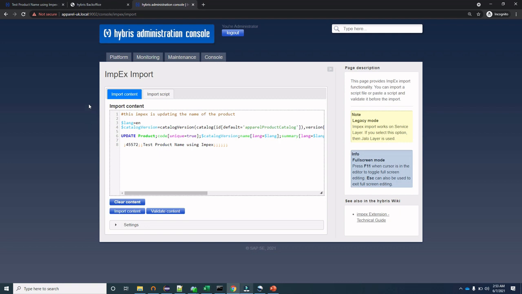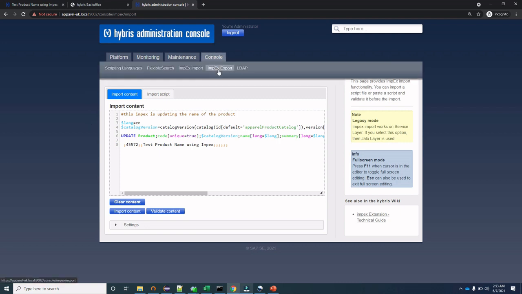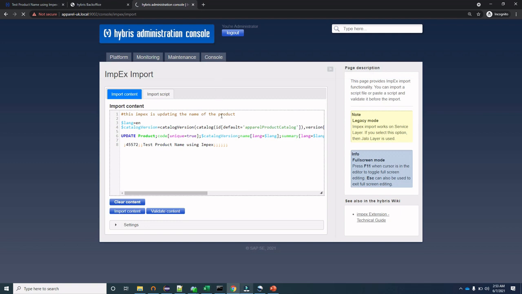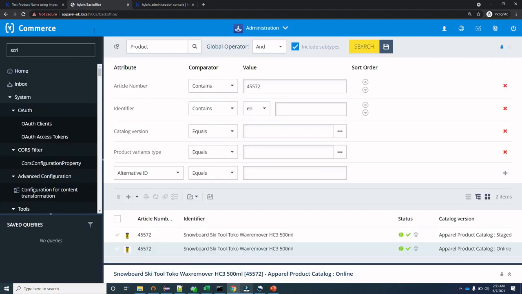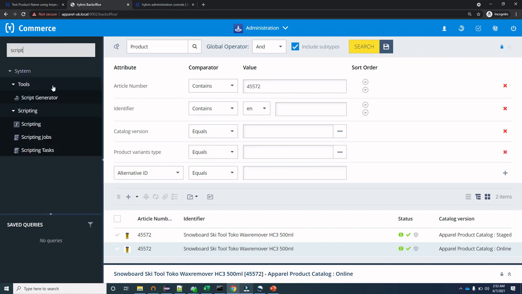For that, we have this impex export option in HAC, using which we have to run our script, and with the help of that we can do the export. So I'll just show you a shortcut way. Just go to your back office and type script. Here you are seeing script generator,